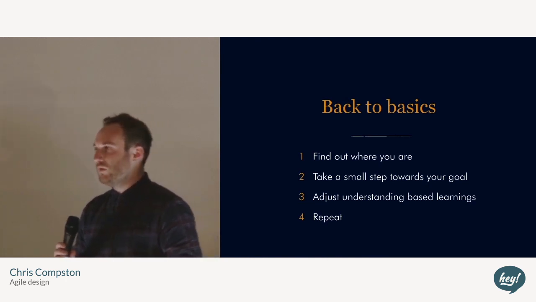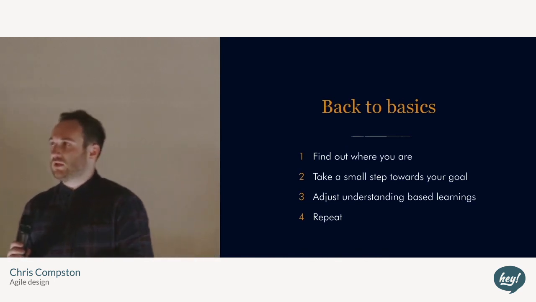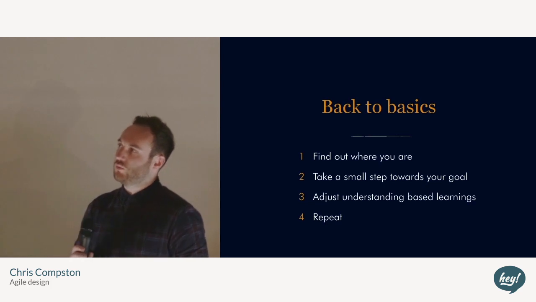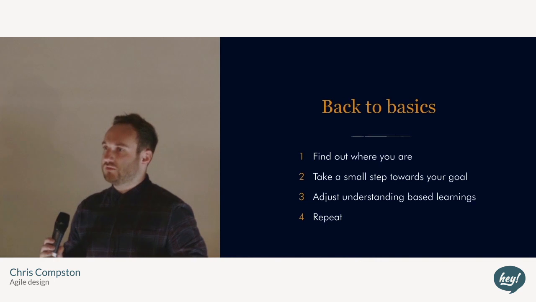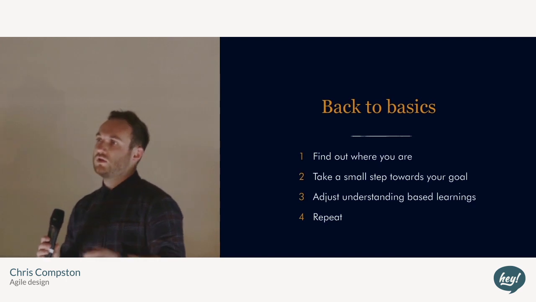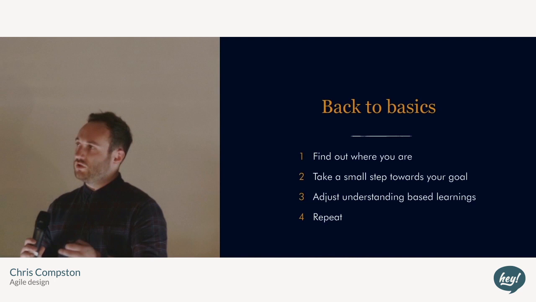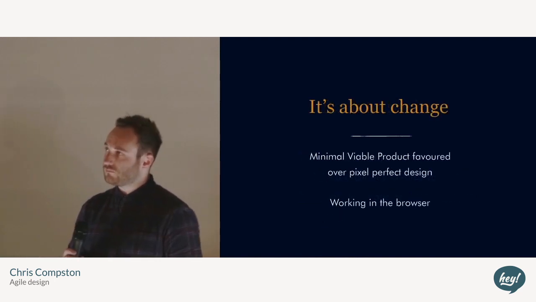So, in real simple terms, you might say, I want to use blue for this website, take it back to the client, and they might say, this is not what we want. This is completely opposite of what we want. We want you to use red, for example. So you go back and you just repeat the process using red. So along the way, you just find out a little bit more from the client, which is very difficult to do sometimes. You speak to a client in a workshop and it's hard to get information out of them. So you go through this much shorter process and refine as you go along.